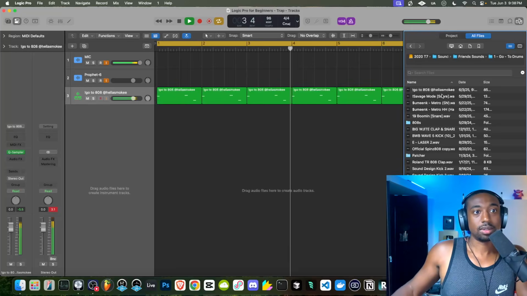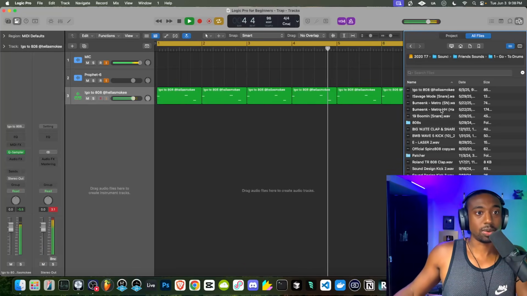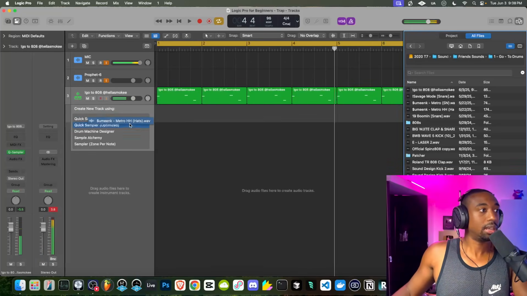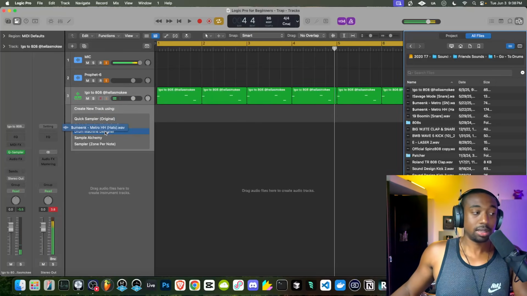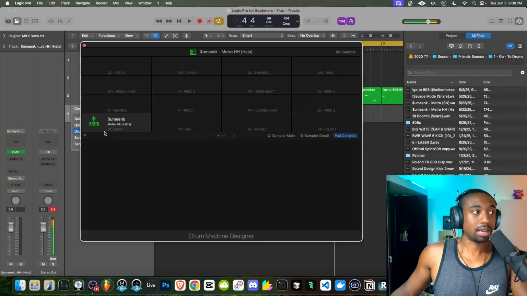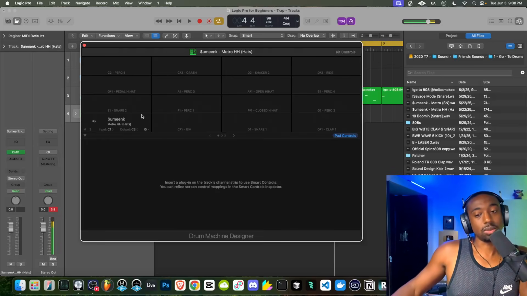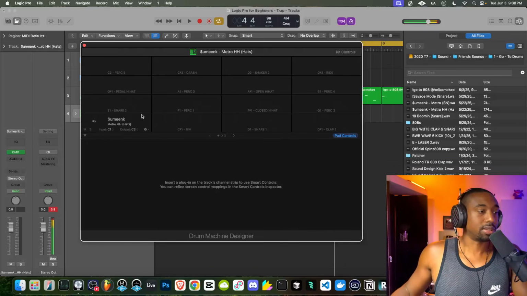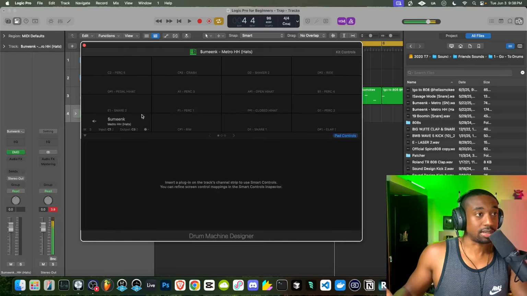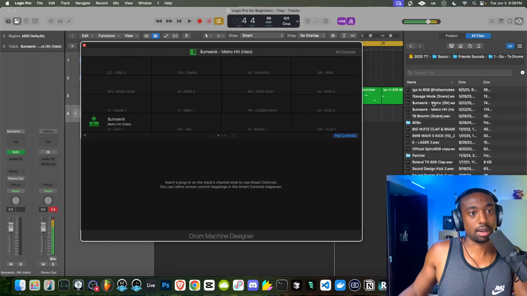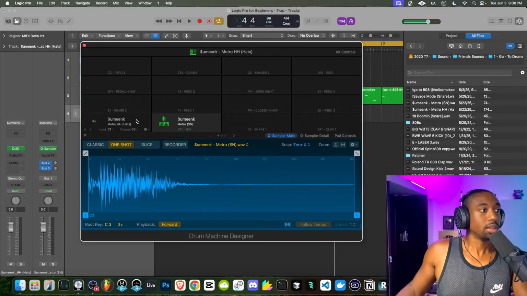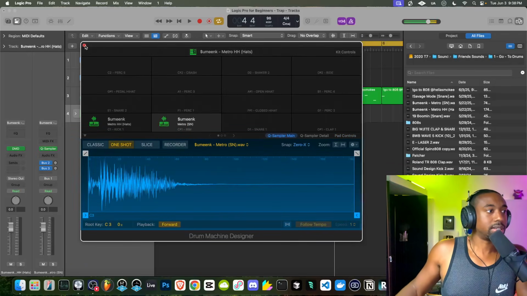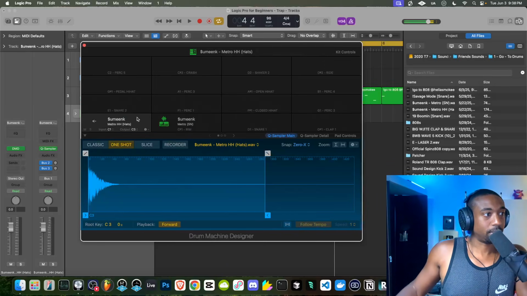Let's go back to our kit here. So we want some more drums. We want a hi-hat, we want a snare. So let's grab the hi-hat. Left click, drag it over here. This time we're going to use the Drum Machine Designer. So I only use this when I want to organize different sounds, and I plan on using all these sounds in a sequence. Okay, so for example, the snare, anything not tonal. So the snare, the kick, the hi-hat, for example. Okay, so all we need is a hi-hat and a snare, which is what we have.